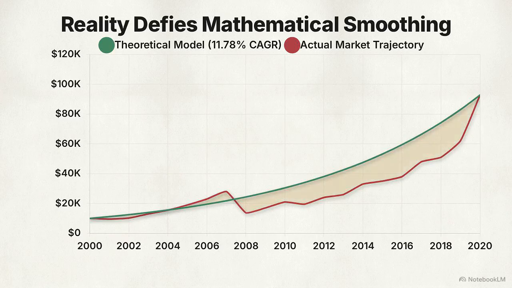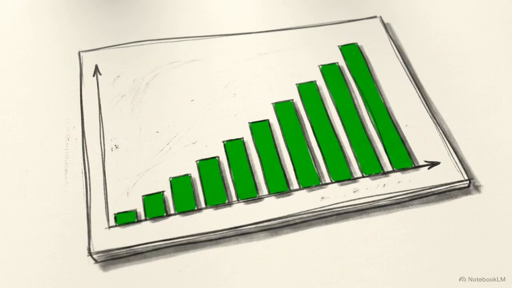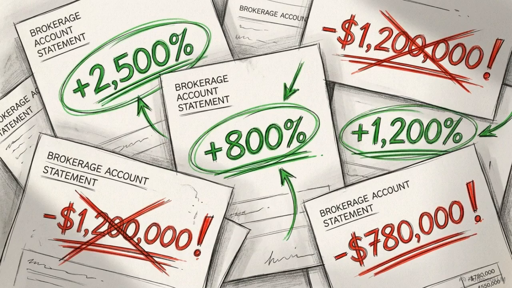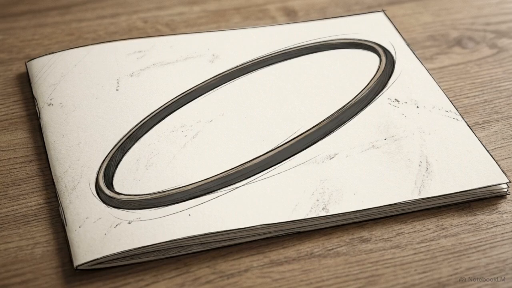Look at the vast empty spaces between the theoretical curve and the real-world drawdowns. The smooth curve forces a false historical narrative. It implies a reliable, incremental progression year over year. The data proves the actual path was an unpredictable, psychologically taxing sequence of rapid gains and severe capital destruction. The smooth CAGR curve is merely a retrospective analytical tool, a way to translate decades of chaos into a digestible, easy-to-sell number after the fact.